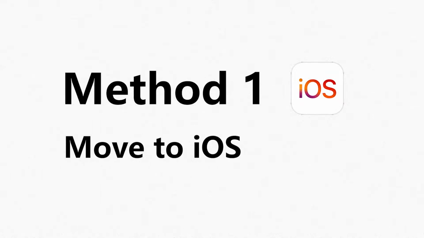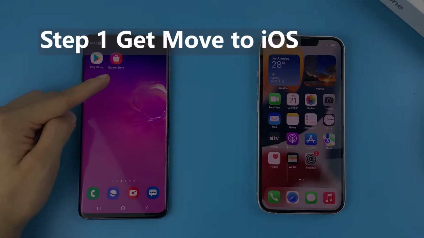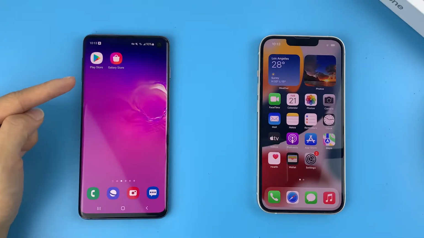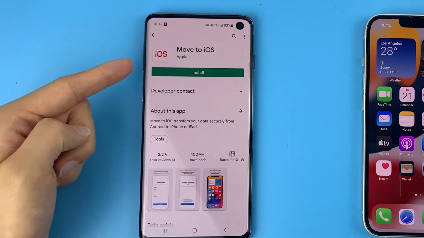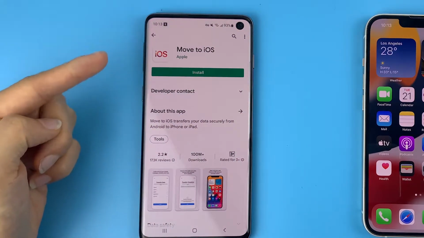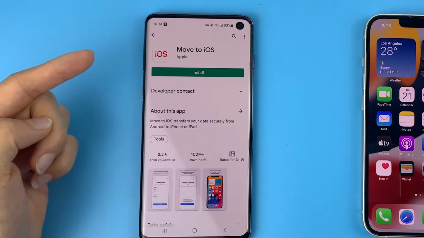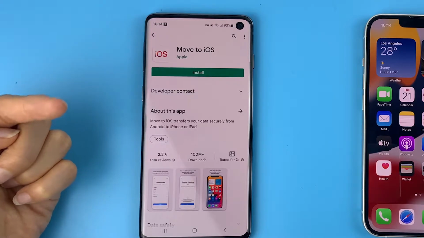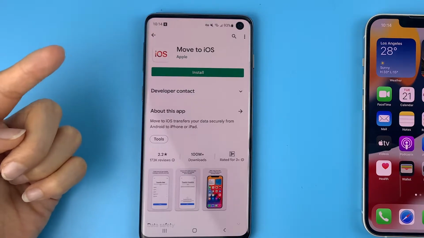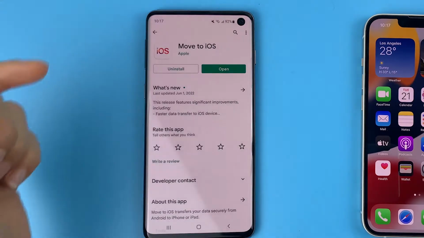Our first method is using this Move to iOS app to move contacts from Android to Apple device. So first of all, on your old Android phone, go ahead to App Store or Google Play and install Move to iOS on your phone. This Move to iOS app actually moves your data from Android to iPhone in the middle of the setup on your new iOS device, so you don't need to install it on your iPhone. I'm using my Samsung phone right now. It works for all Android devices, the transferring process is all the same, so don't worry, go ahead and follow the steps. Once the app is installed on your Android phone, just open it up